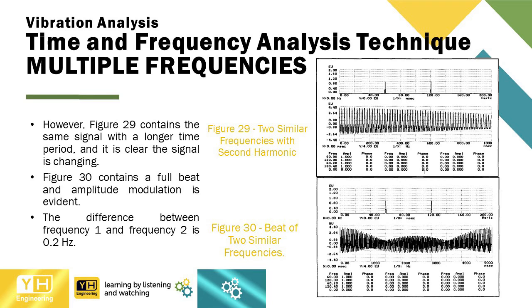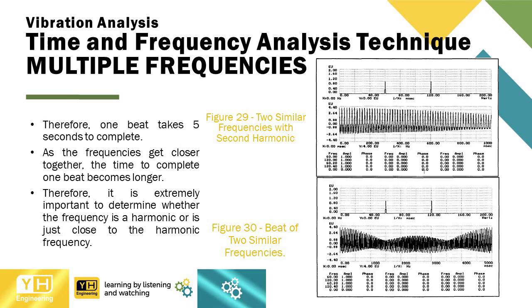The difference between frequency 1 and frequency 2 is 0.2 Hz. Therefore, one beat takes 5 seconds to complete. As the frequencies get closer together, the time to complete one beat becomes longer. Therefore, it is extremely important to determine whether the frequency is a harmonic or is just close to the harmonic